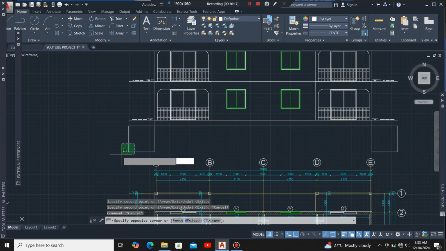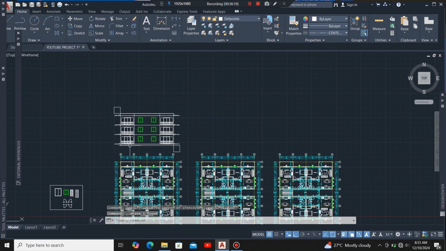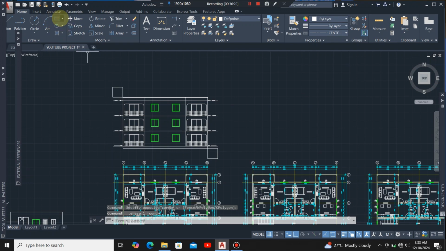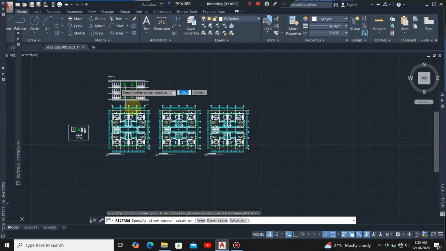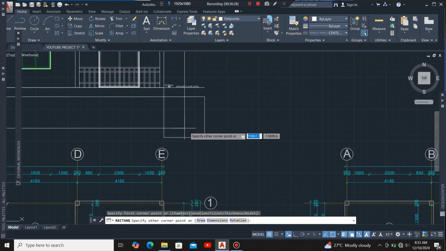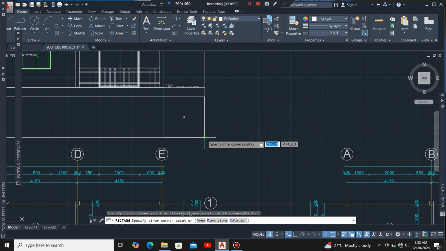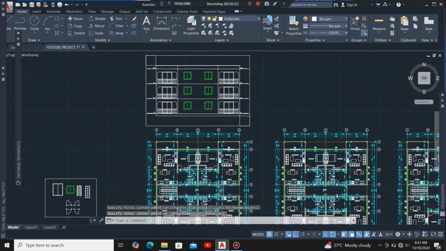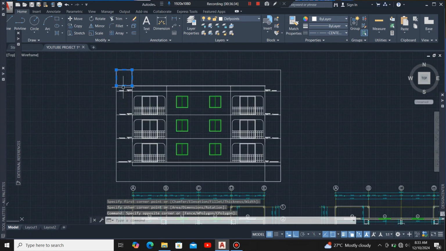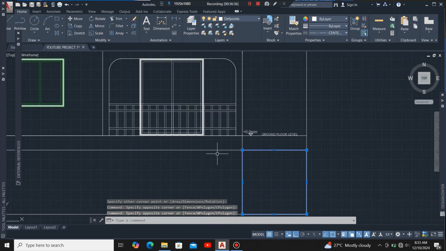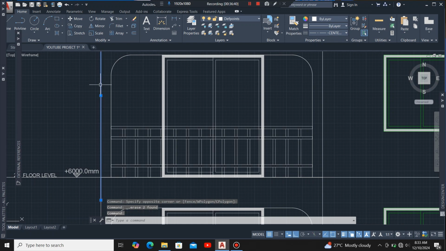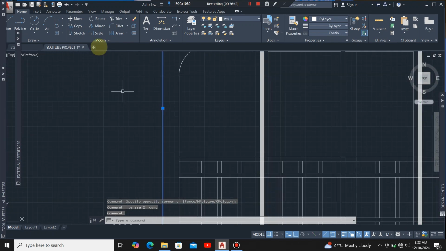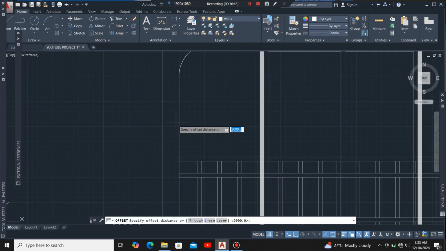Okay, so still I'll use the rectangle command. From that point I'll stretch it out up to that point. So I'll select that square and also this square, then I'll delete them. So next, from that point, from this line, I'll offset another line at a distance of